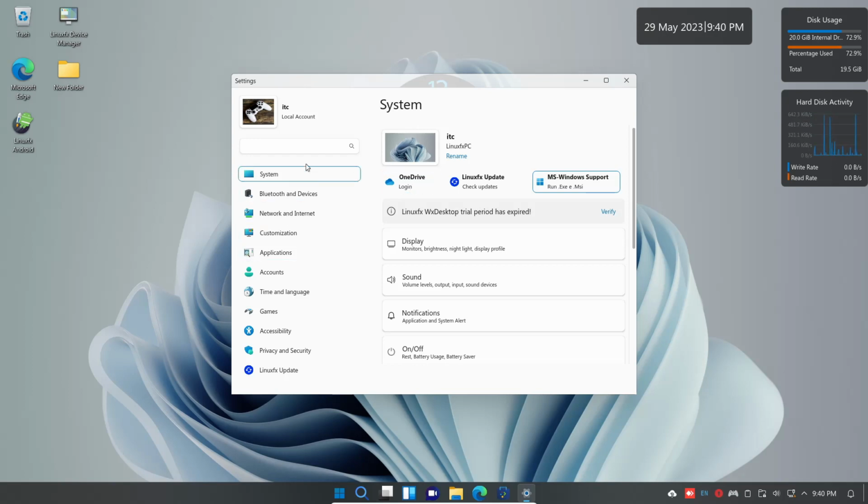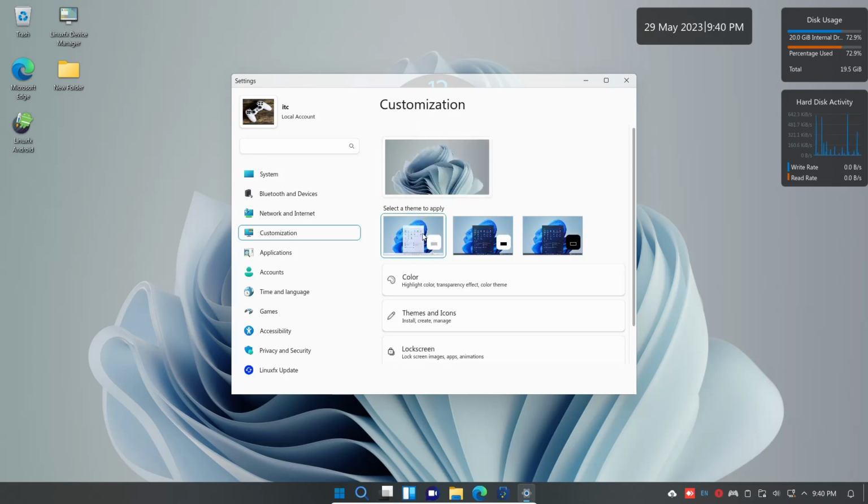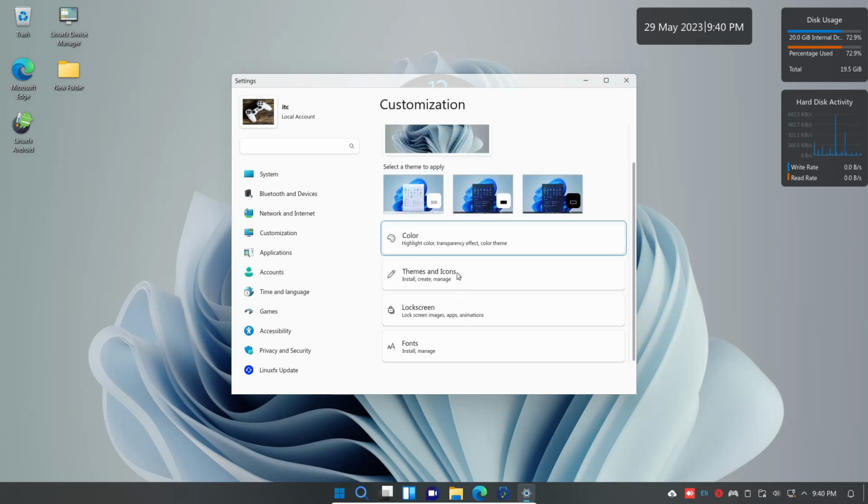So all these other things, they look and feel exactly the same, although they might work differently. So for example, when it comes to customization, you notice that all the themes are close to exactly the same themes that you're going to get both on this Linux distribution and on the exact Windows 11 distribution itself. So here, as you can see, I can change a lot of settings, although I'm not going to go deep